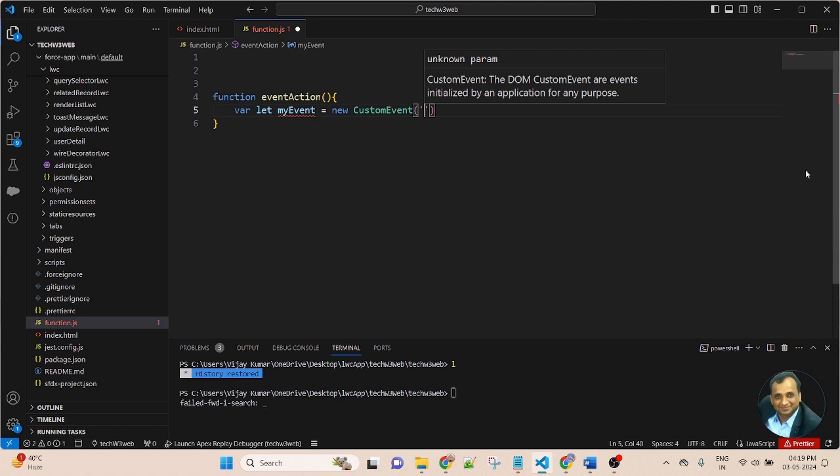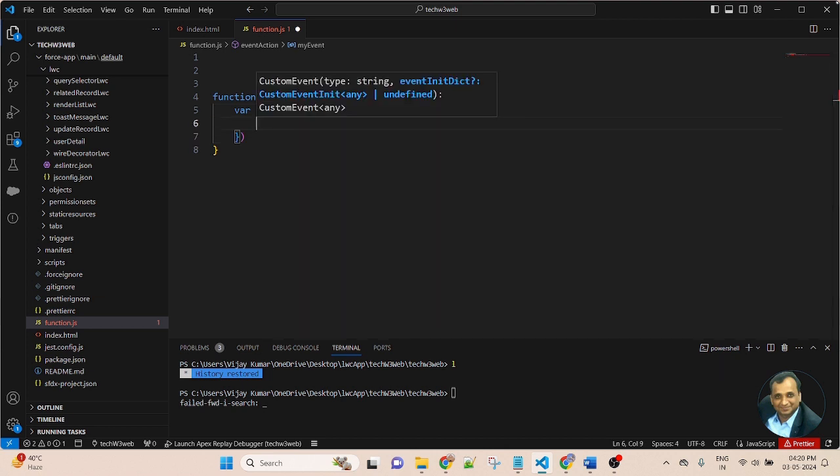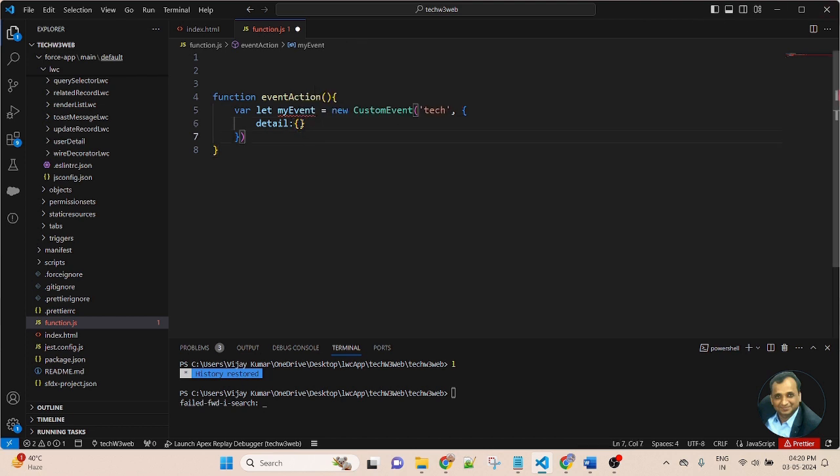So here I am passing the tag, that is the event name, comma, then curly bracket, and here we will pass detail colon, curly bracket. This is a curly bracket, that means it is an object. An object always stands for key and value. So here I will pass the key name colon, and the value will be Vijay Tech W3 Wave.